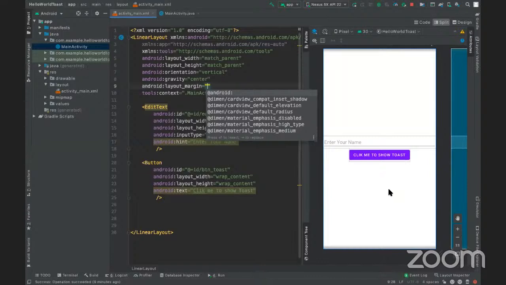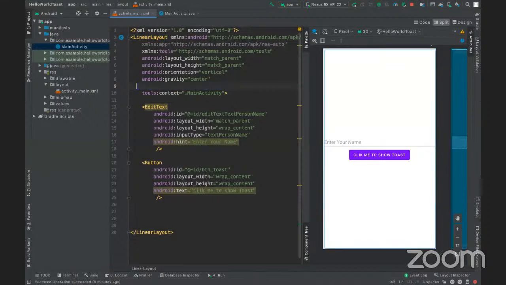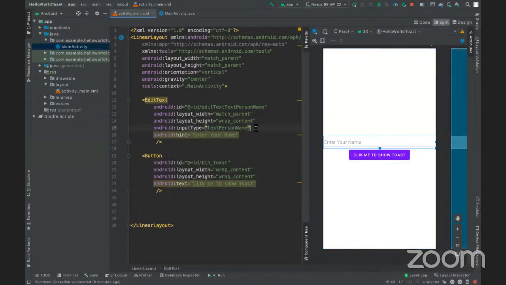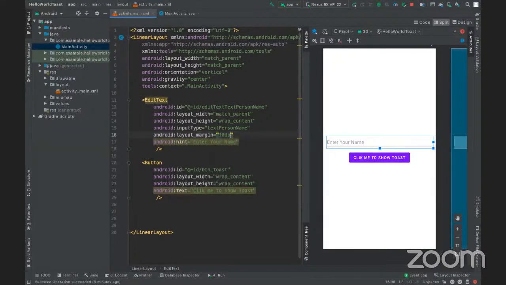If I will be using margin like 10 dp, so you can see 10 dp from here, 10 dp from here, 10 dp from here, and 10 dp from here. This is basically for my linear layout. Okay, but I don't want to give the margin for my linear layout. I just want to give the margin to my edit text only. Margin 10 dp. So now you can see 10 dp from left, 10 dp from right, 10 dp from top,